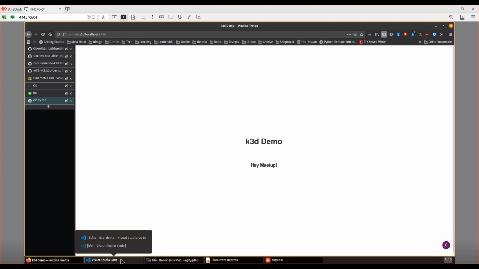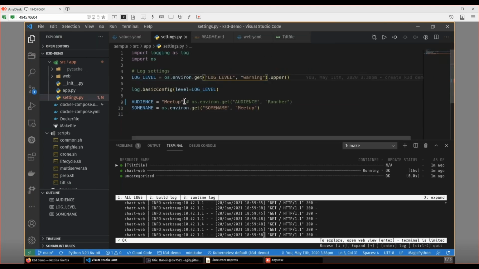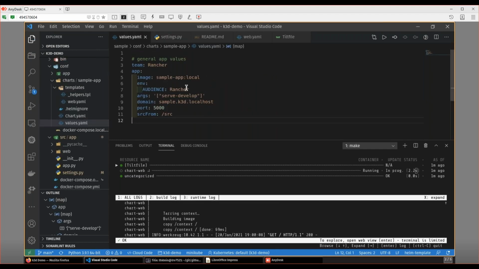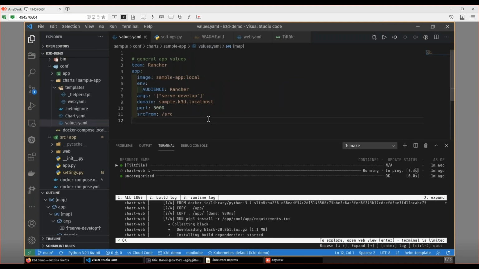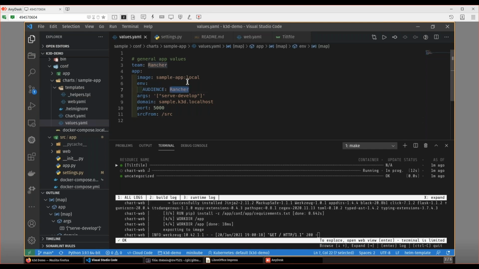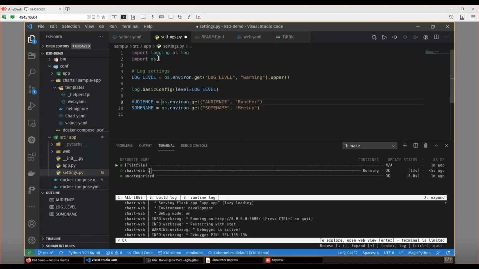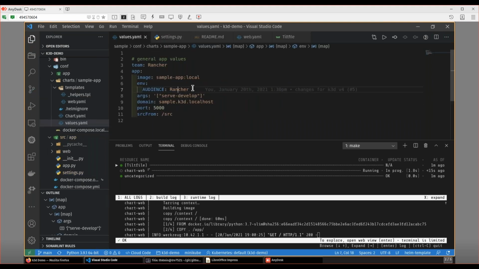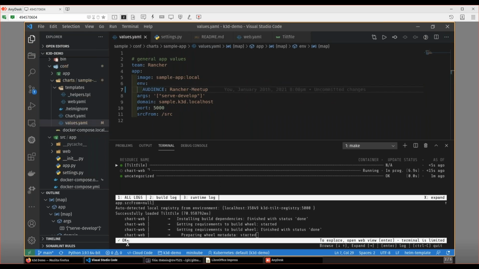Okay, now let's see what happens when we change the code again. This time I'm not actually going to change the code, but yeah, okay, sorry for that. I'm going to change some value here in, okay, it actually builds it now because I put the white space there. I'm going to change a value in my Helm file, and that's for the audience, which I have commented out here. I'm going to change that back, Rancher Meetup, save that, and it will re-trigger